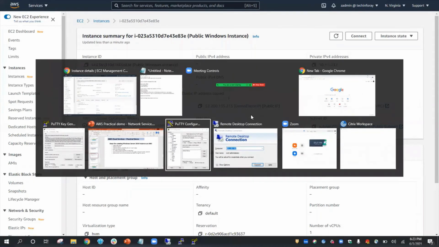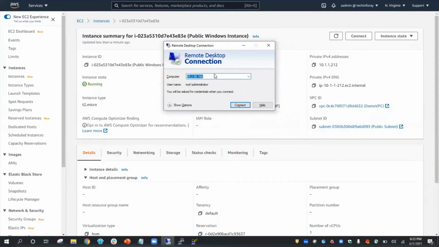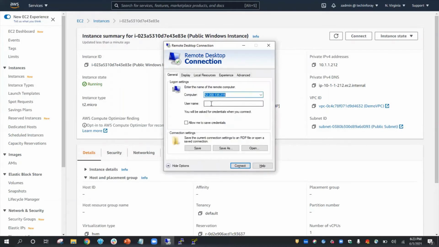Let's go to the RDP session. And the username, we will use root/administrator. Note down one thing: you can use administrator also, but in case you are not able to connect, then use root/administrator. Then it'll allow you to connect. There are certain local problems with laptops that allow it maybe with administrator or root/administrator. So click on connect.